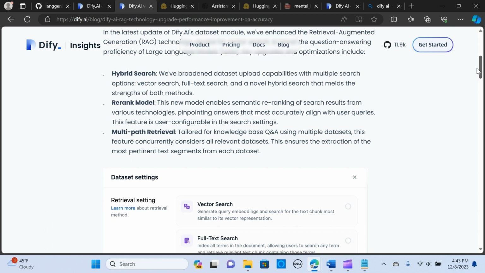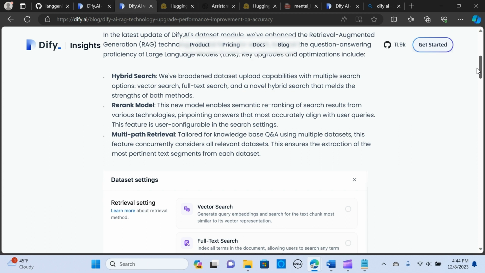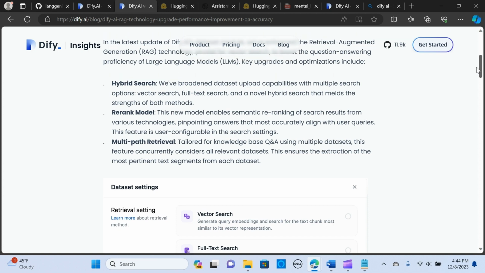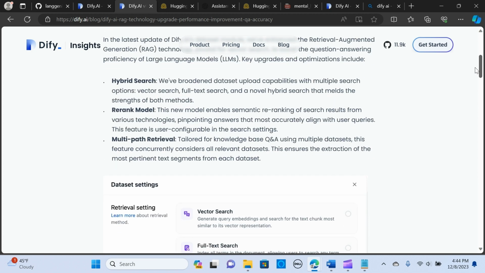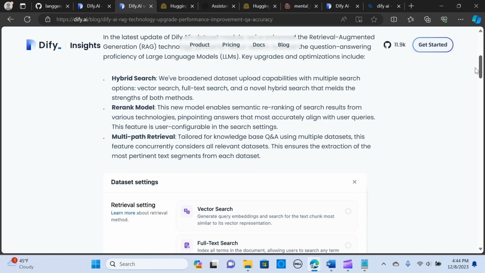It has enhanced RAG technology. The Dify.AI dataset model incorporates advanced RAG technology, and RAG is crucial for vector search, significantly enhancing the question and answering capabilities of LLMs. They have also added hybrid search to their options.